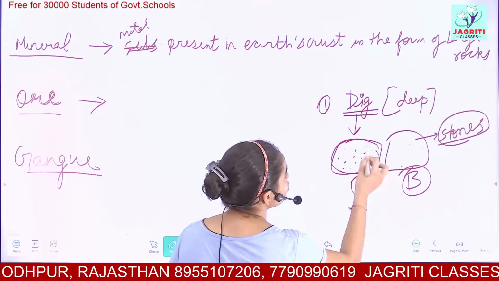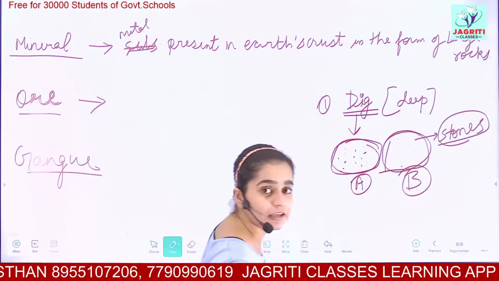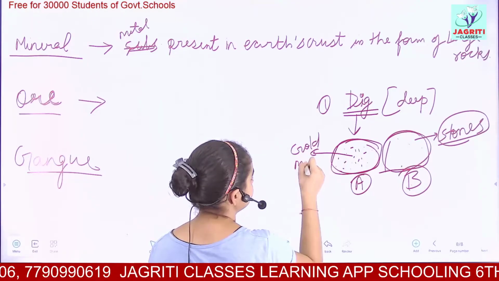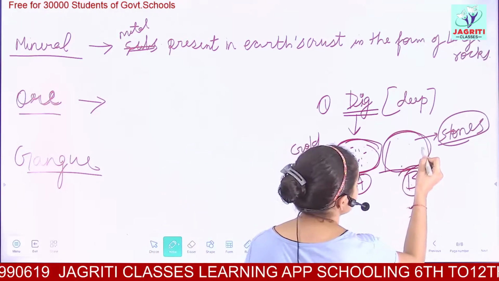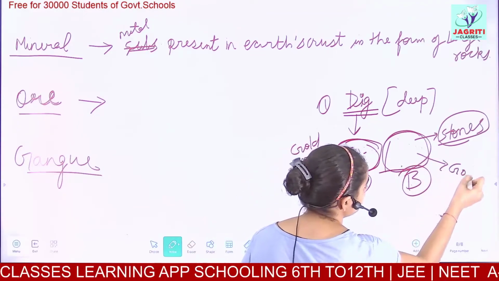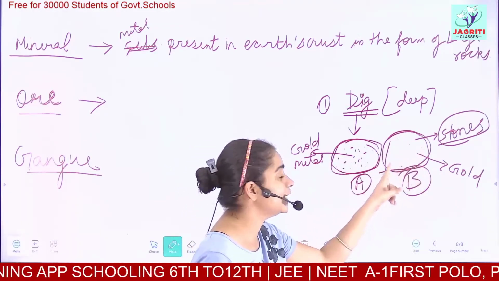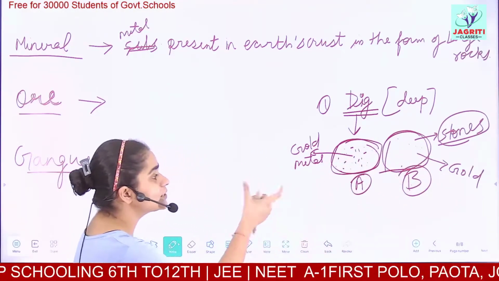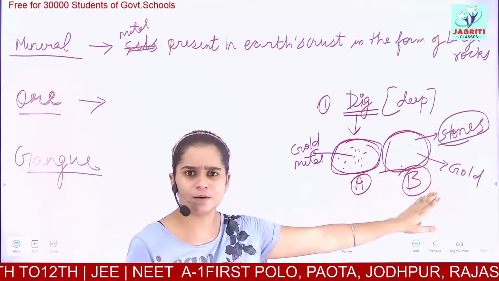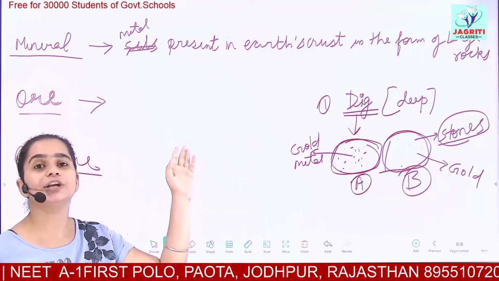So these two stones, when you were digging your earth, then you found two stones, stone A and stone B. Stone A contained a large amount of your gold metal, and stone B has very less amount of gold, okay? This red dots show the amount of gold. You can see that it contains a large amount of gold and this has very less amount of gold. Now which stone can you select? You will say I'll bring both the stones because it also has some gold in it. But no, both the stones are not selected if talking about industrial scale.